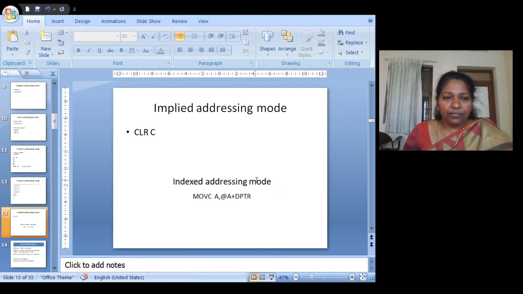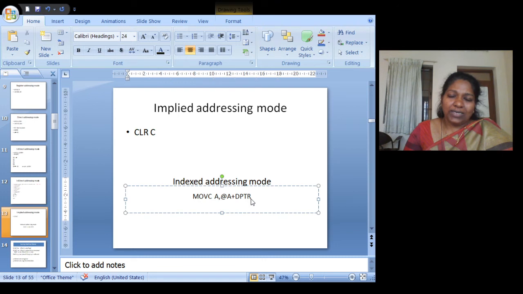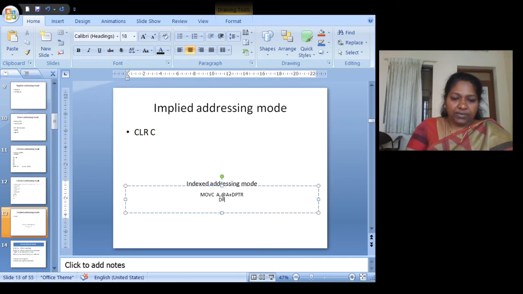Now you have the last one, which is the indexed addressing mode. What do you mean by indexing? Once you change the index value, the instruction changes. You have a command called MOVC. This is the only instruction available under index mode. It is MOVC A, @A+DPTR. So DPTR is a pointer. For example, I have DPTR having a value of 4500. So in that case,